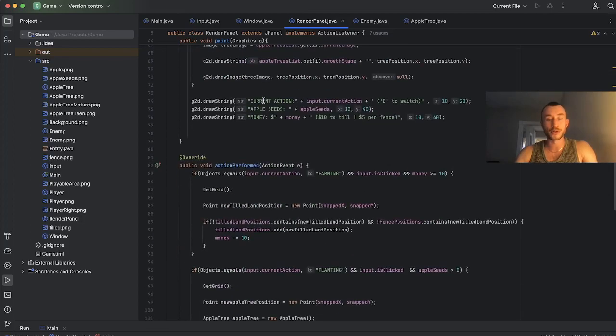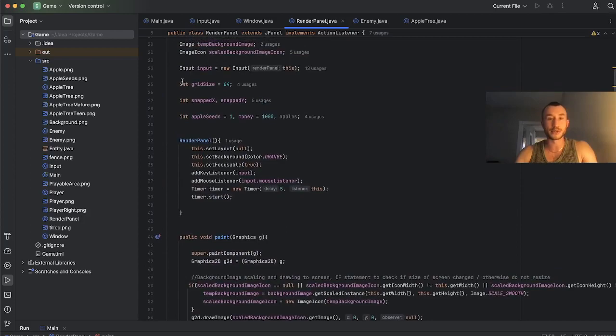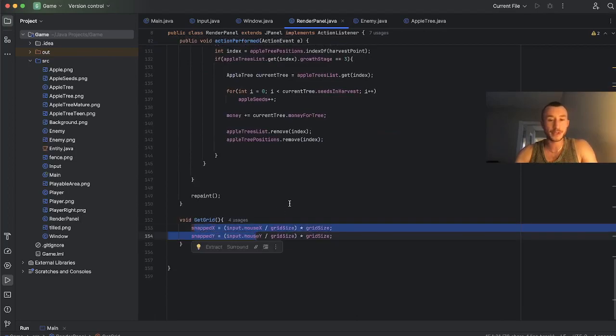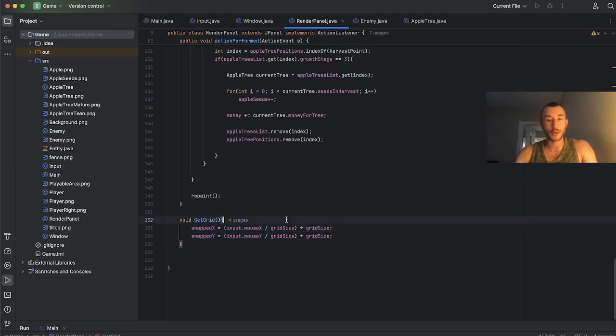That's all you have to do. Making a grid is super easy. You just define the grid, make a little function. I put it in its own method just because I call it all the time, but you could just put this wherever you want it. Snapped X, snapped Y. And this could also be using the player position or